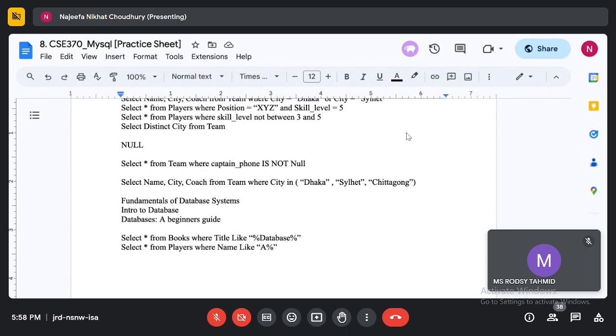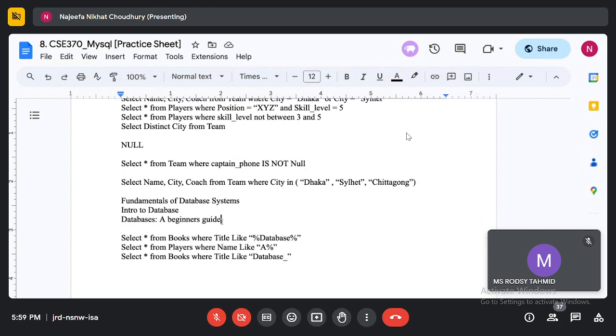Instead of mod, I can use the other wildcard, which is the underscore. Mod replaces 0 or more characters. Underscore will replace exactly one character. So if I do SELECT star and use this pattern, the underscore will replace exactly one character.